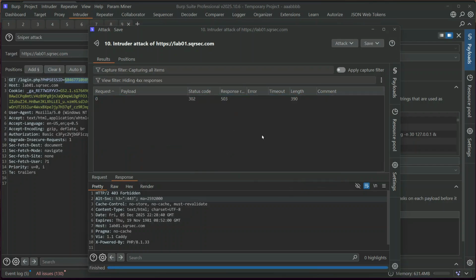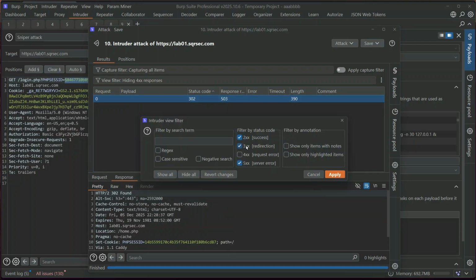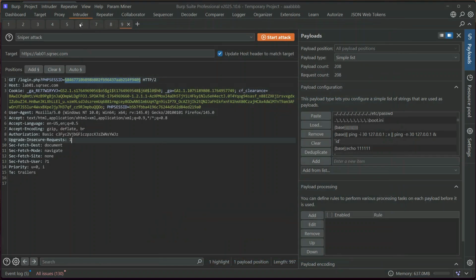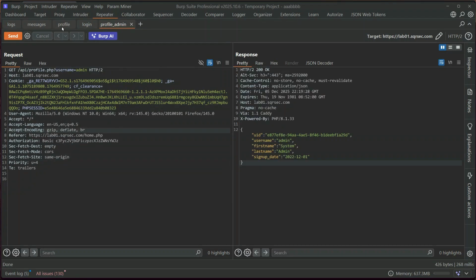So that was the only thing. We didn't get anything else. We didn't get any 500, 300, except the one that we already had. So I'll close this for the moment. Let's go back to Repeater, and one thing that caught my attention was that